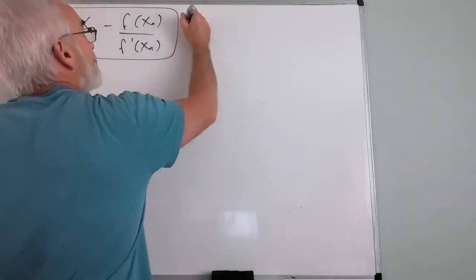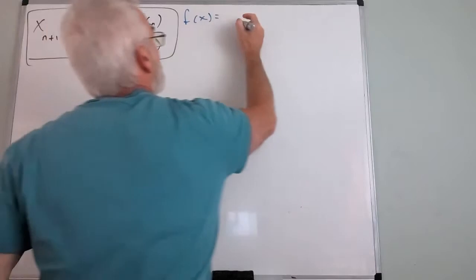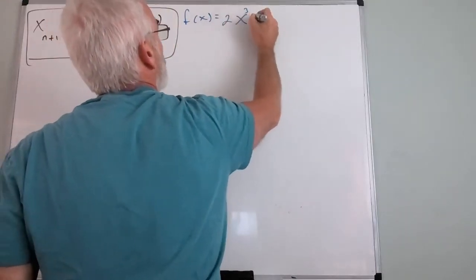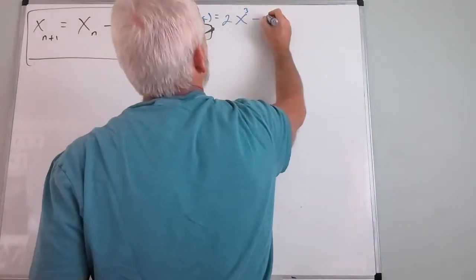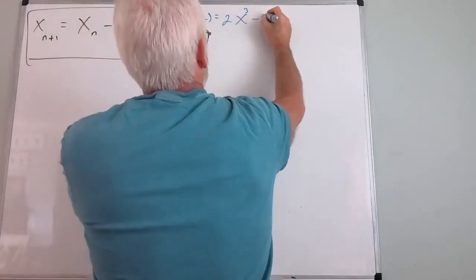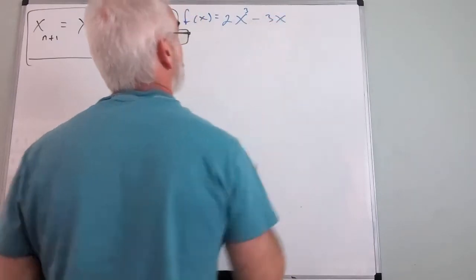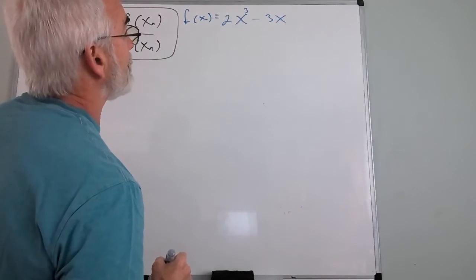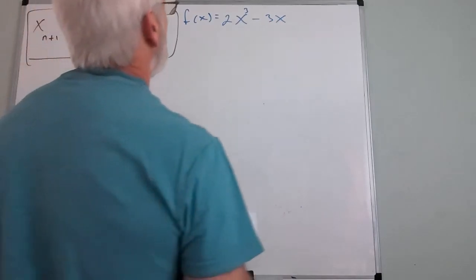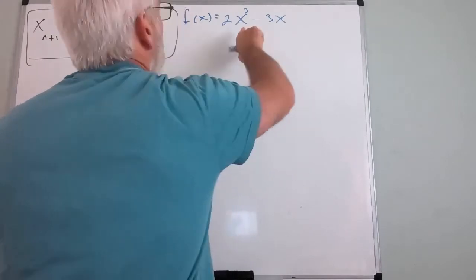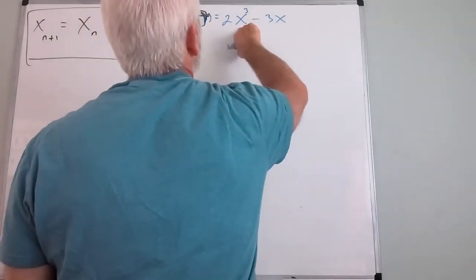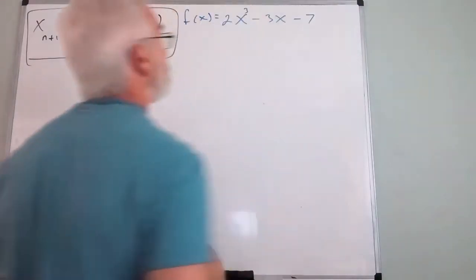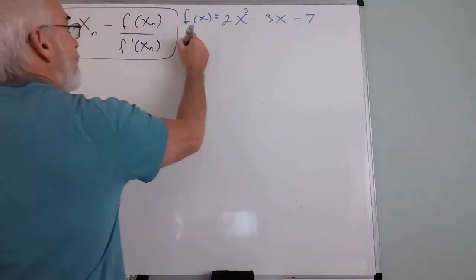So consider, let's say f of x is, let's start with something really simple. f of x is 2x cubed minus 3x, I'll come up with something relatively simple, minus 7. And I want you to find